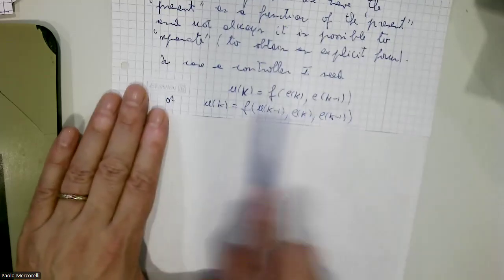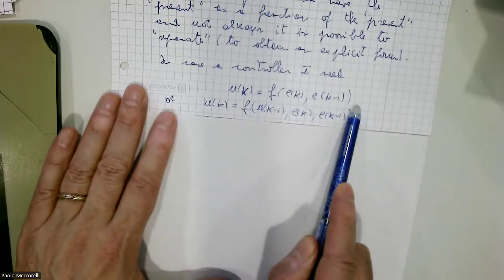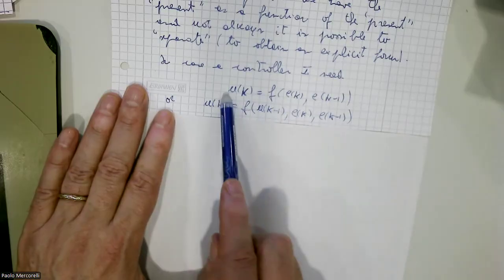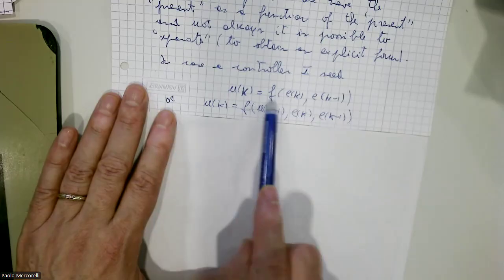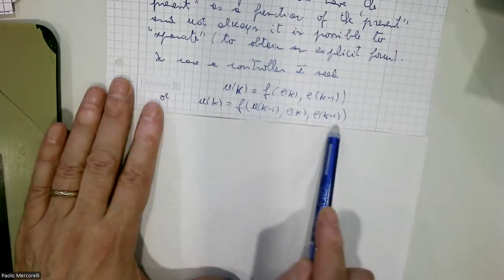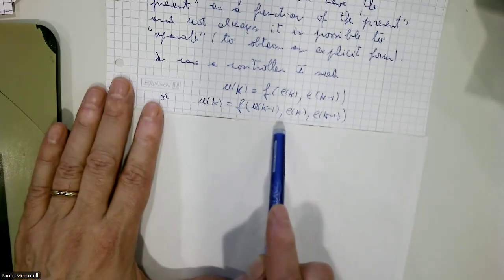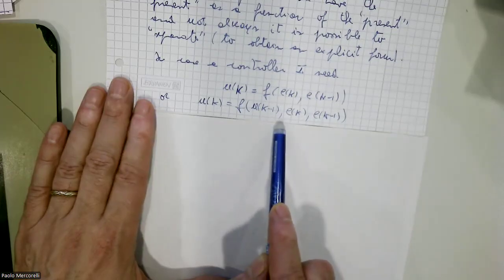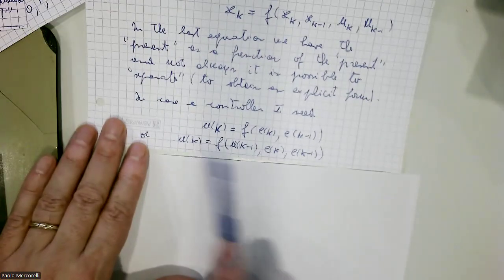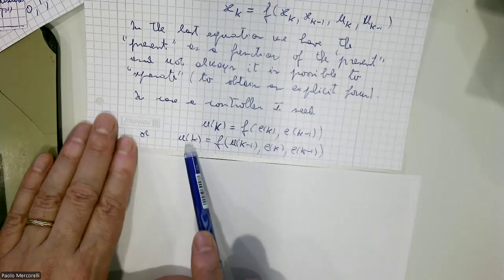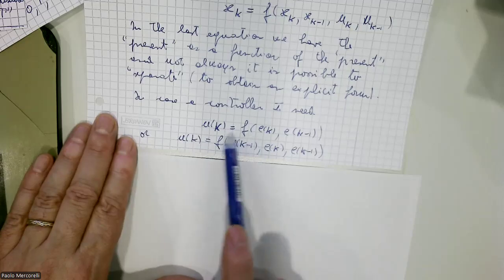Yeah, exactly our case. In the case of controller, we can see that here, no? It could happen something like that. Let me see. Yeah, this is the case. This is the case of forward. We can see that the output depends on U of k minus 1. In the case of backward,